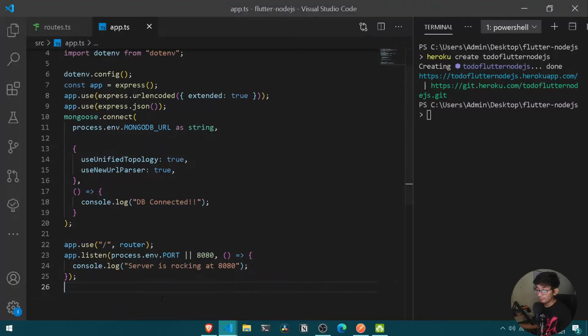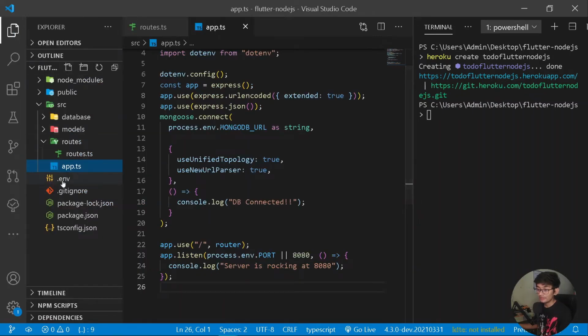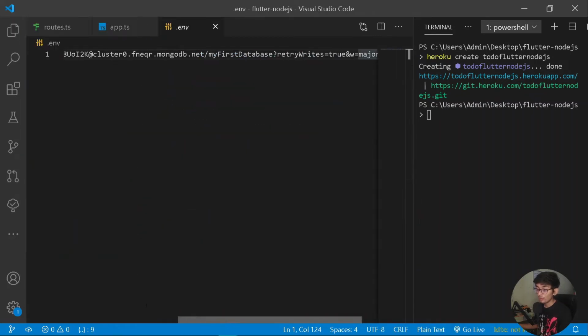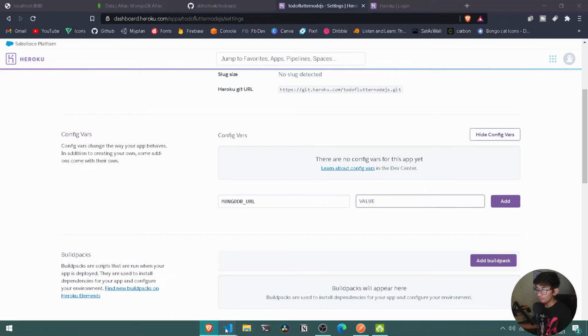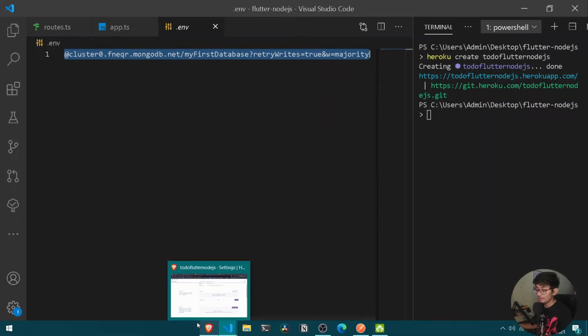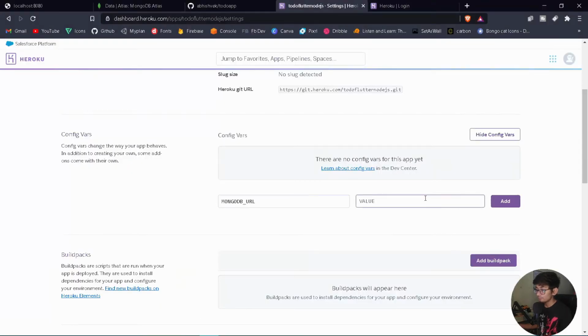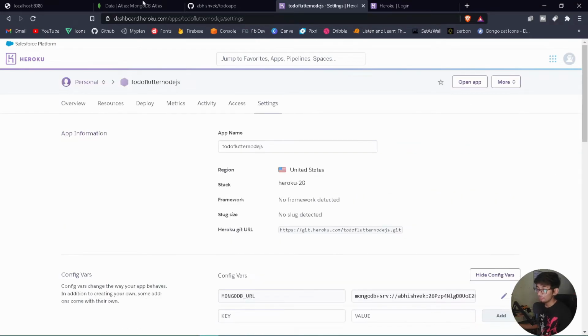If I go under my project, under my .env file, I have a MongoDB key and also its value. So let's paste everything under them. Let's paste the key here, and it should also require a value. So let's copy the entire line, paste it here, just like this. Let's add. Cool. So once you have added this, we are good to go.